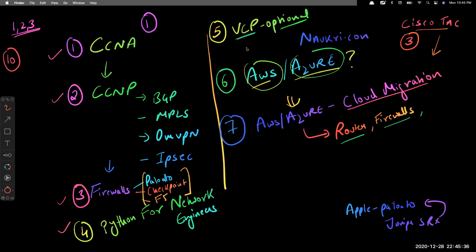Okay. So VCP is optional, SD-WAN also optional. If you want a little more boost, you can go for SD-WAN before. That is SD-WAN, you can learn here, or you can go for this. VMware network NSX is not required because VCP or something. If you learn this, automatically you are getting that type of knowledge.